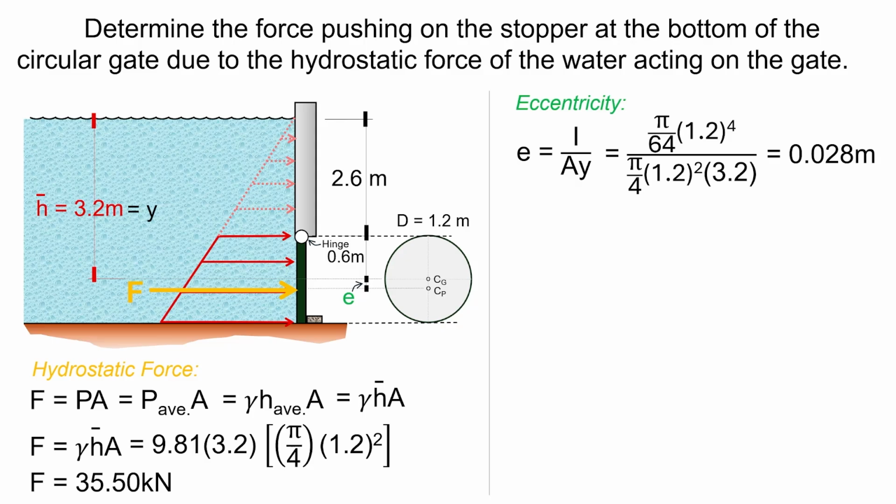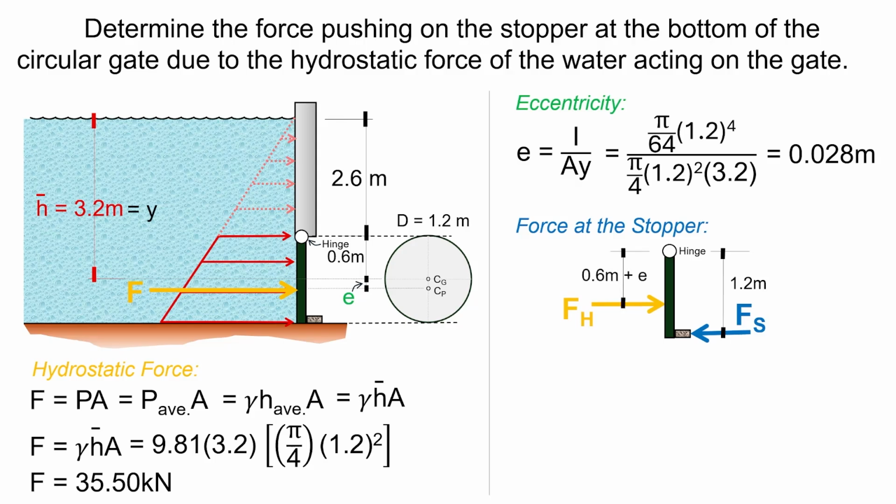Since we now have the value of the eccentricity and the hydrostatic force, we can now calculate the reaction acting at the stopper. In order to do that, let us isolate the gate and draw the free body diagram. We have a force acting on the stopper, which is found at a distance 1.2 meter from the hinge. On the other side is the hydrostatic force, at a distance of 0.6 plus eccentricity. From here, we can take summation of moments at the hinge, and we know that to be 0. And we will consider clockwise moments as